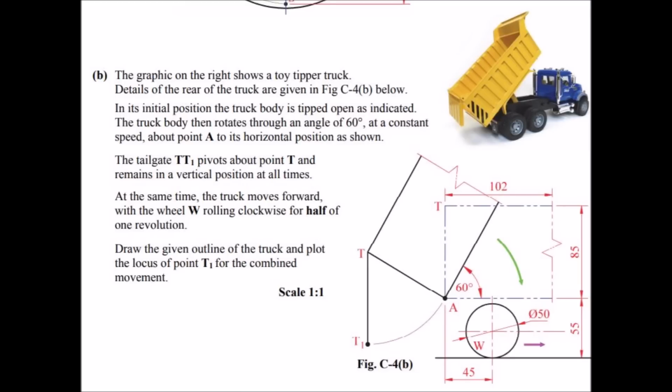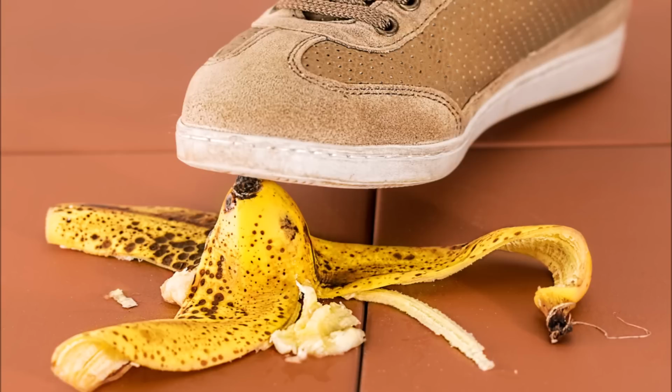So a loci, now it won't just be a simple circle moving along a path. It'll be like it has been over the years. I think there was a mock question I have up there where it was a lorry reversing, and as the lorry was reversing, the back was tipping upwards. Also, I think it was back in 2009, maybe a long time ago, we had the blocks for the pyramid being transported on logs. So as the log moved a certain amount of rotation, you had to show where the log had moved to. So expect a loci question, but having said that, expect it to be, again, everything with DCG, it's never going to be the bare bones question.